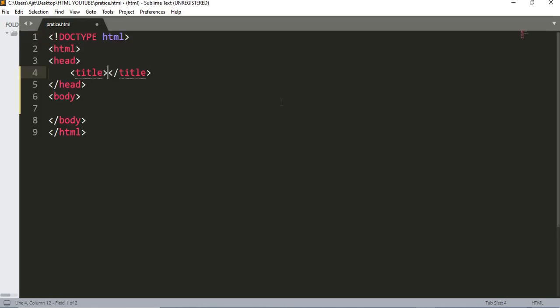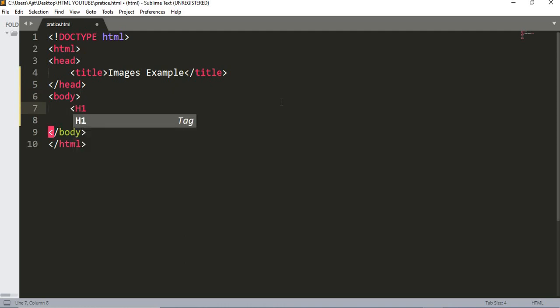HTML. Let's give the name images. Example. Then come to this body section and write one heading. You can write anything.